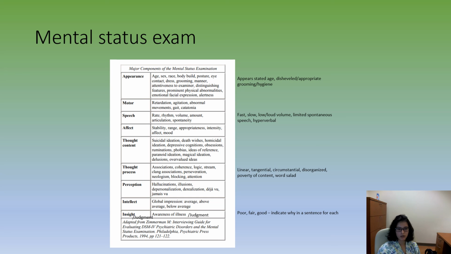Perception, you'll include presence of hallucinations. Intellect is your global impression of their intelligence. And insight and judgment, insight refers to their awareness of their illness, how well they understand their diagnosis and their symptoms, and that they do have a psychiatric condition. Judgment is your assessment of their judgment, and that might be related to whether you feel like they're taking responsible actions or if they're acting in poor judgment. And you'll indicate both insight and judgment as either poor, fair, or good. And you'll want to include a sentence for why you've chosen